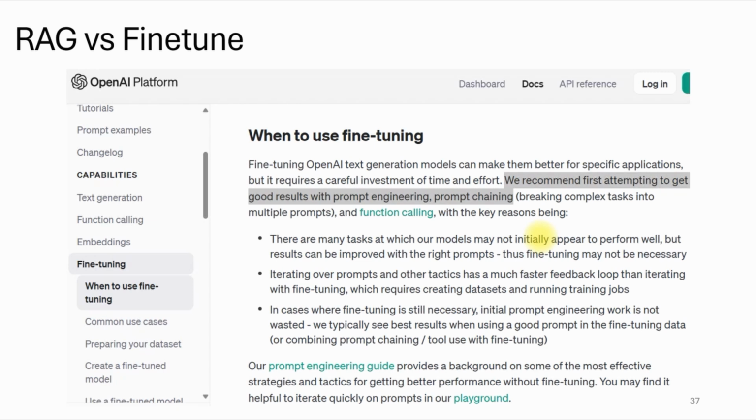So OpenAI has some suggestions on whether we should fine-tune or not. In their recommendation, as I highlighted above, they recommend that first, let's try prompt engineering, prompt chaining, and RAG before jumping to fine-tuning. If prompt engineering is good, prompt chaining is also good, and RAG is also good, then obviously there is no reason to fine-tune. So that is the first step. Let's try RAG first because it's easy to do. The reason is that